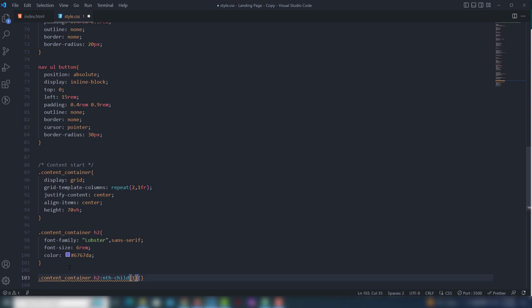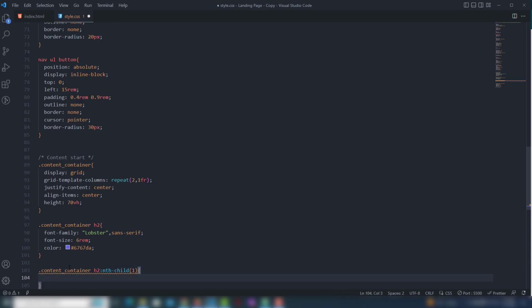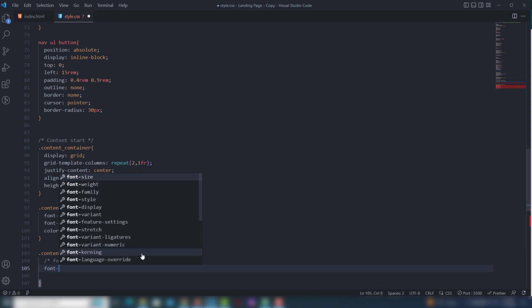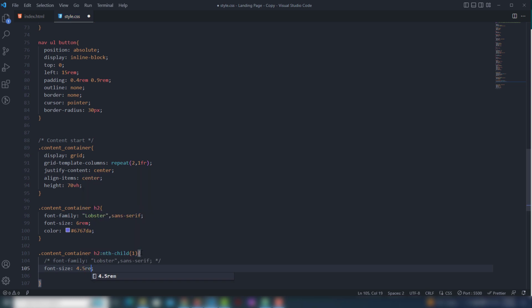No, I will use nth-child 1, and in nth-child 1 I'm going to use the font family, get that and paste it there. Just a minute, I'm going to check that and also use that. I don't need to use that there because I just changed the font size